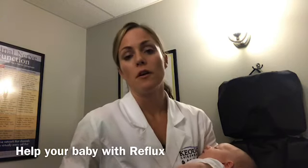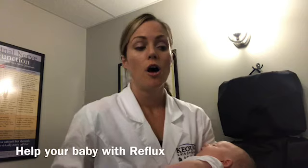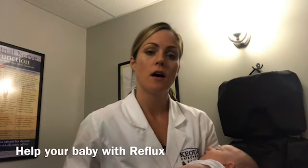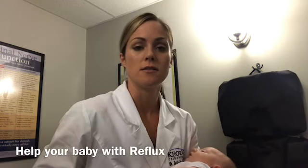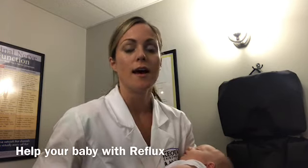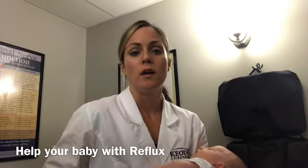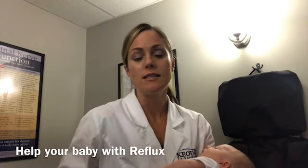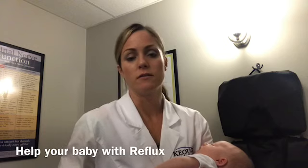It's simple, it's safe, and very effective. Earlier in this year, there was a research article that came out that talked about the harmful long-term effects of taking acid-blocking medications, basically when babies are on acid-blocking medications, and how that can impact them up to the age of 5, and how that leaves them more prone to things like fractures. So we in this office try to do everything we can to help our babies not struggle with these